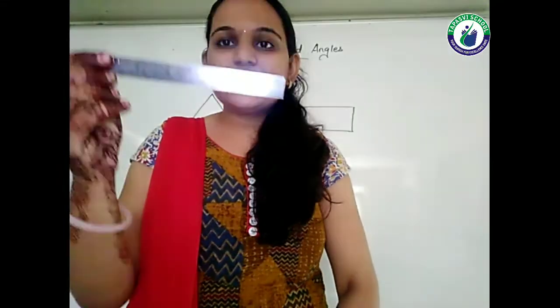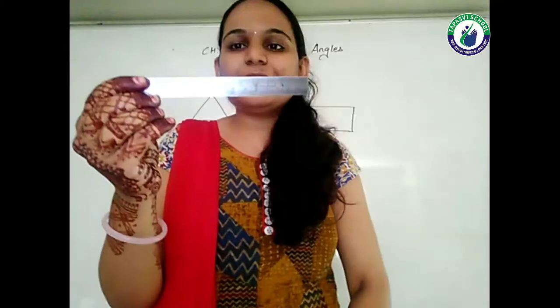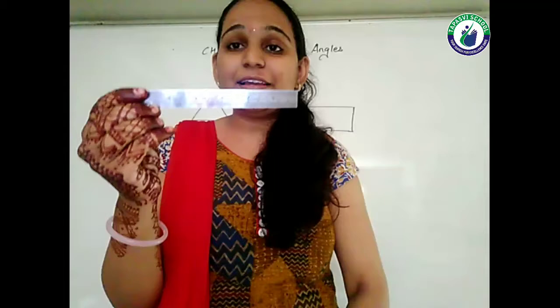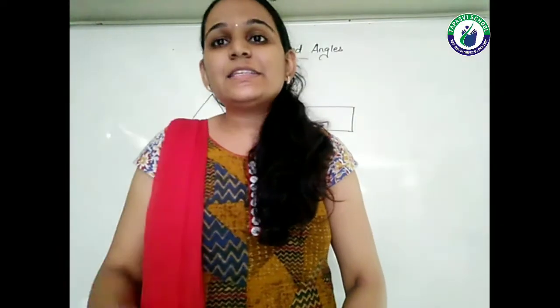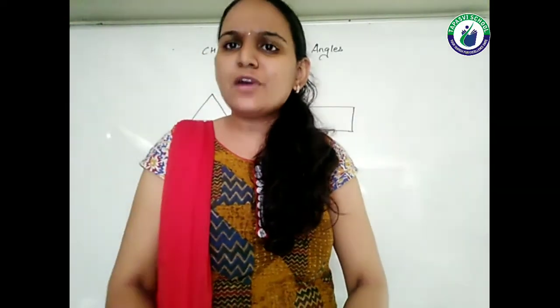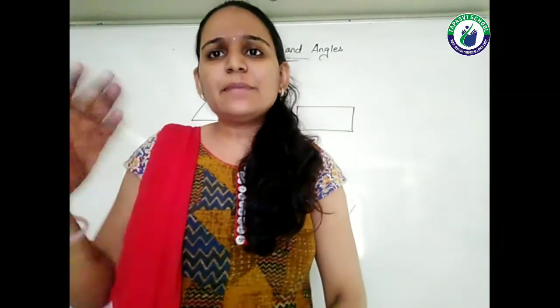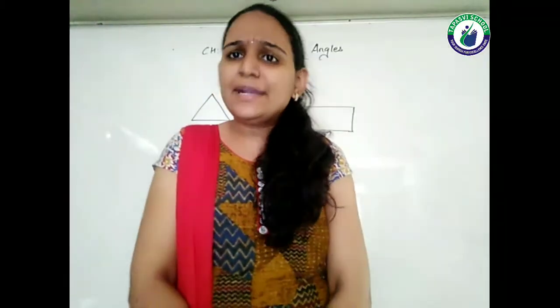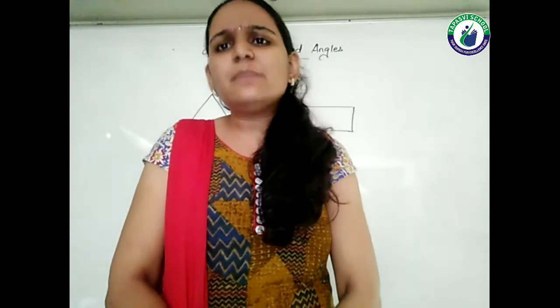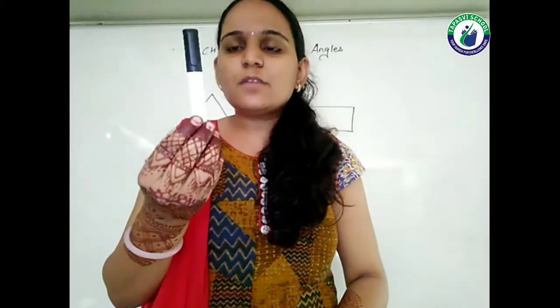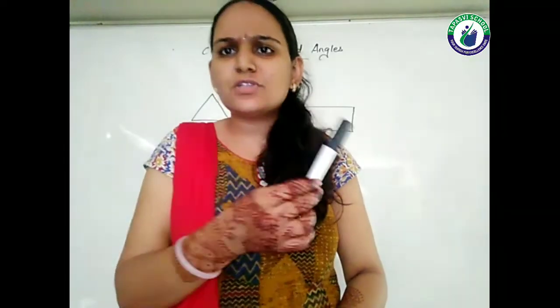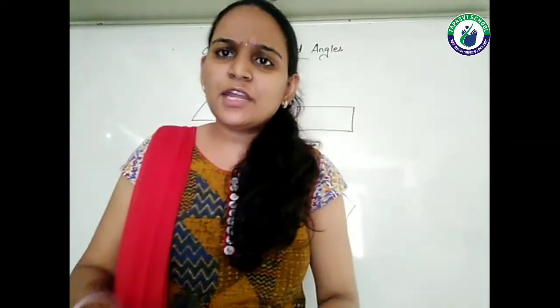See, students, this is a scale. This scale also has a shape. The shape of this scale is rectangular. Similarly, every object which you see around you, all the objects have some shape. Sometimes we can identify the name of the shape, sometimes we may not be able to, depending on the shape. See, this is a marker, and the shape of this marker is cylindrical. You must have seen cylindrical objects around you.